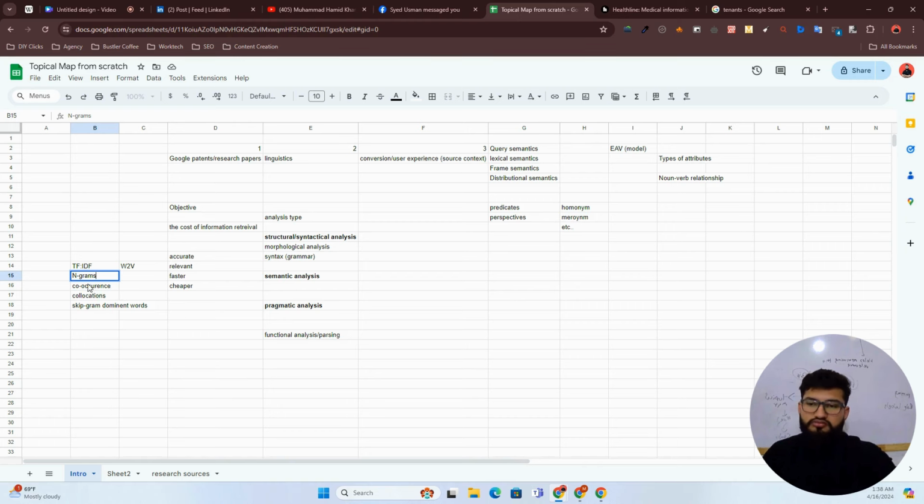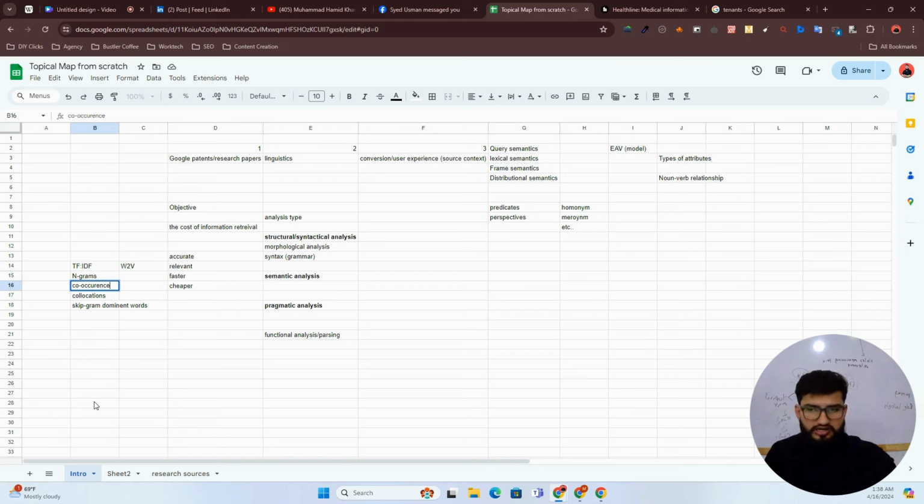Bigram means two words. Trigram means three words. Co-occurrence is how two words frequently occur together in a specific context. Google has crawled and indexed billions and trillions of pages on a specific topic or context. Google compares your co-occurrences with those documents and matches them, seeing that these two words are used on billions more pages talking about this specific context or thing. Probably Google gets a hint or some idea that you also are talking about this.